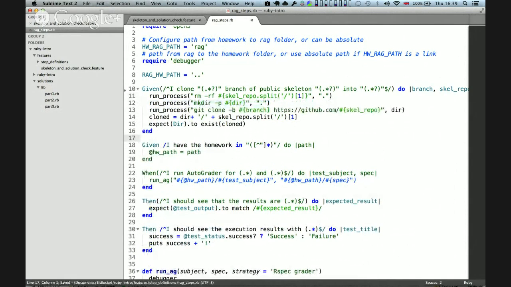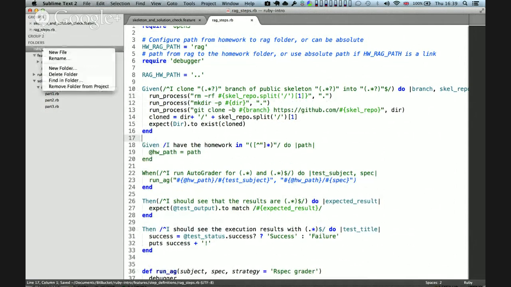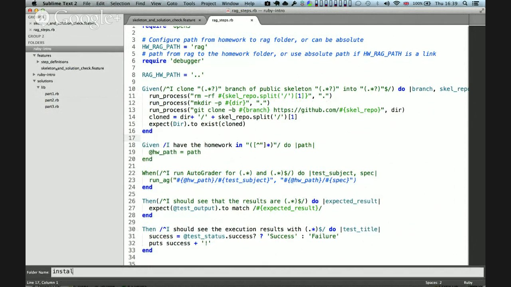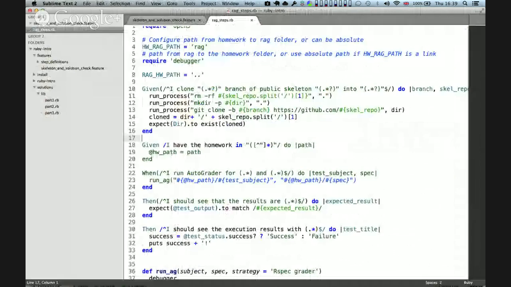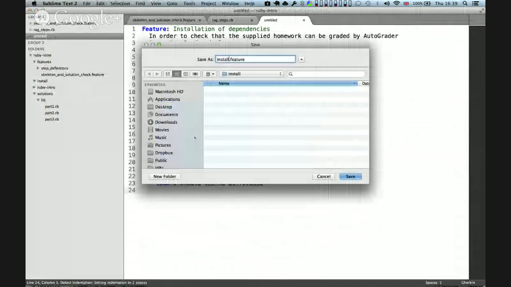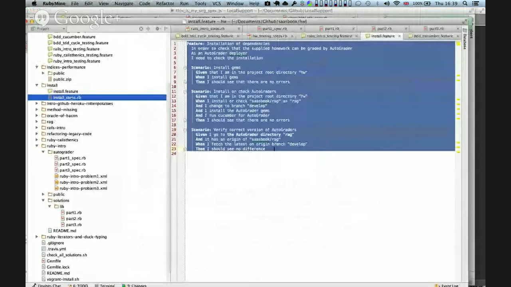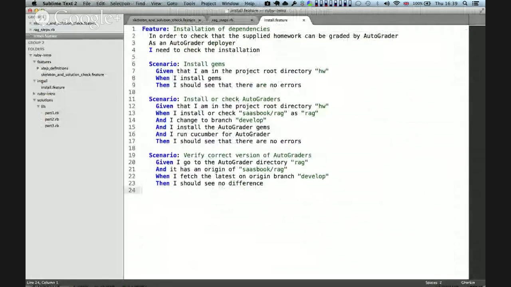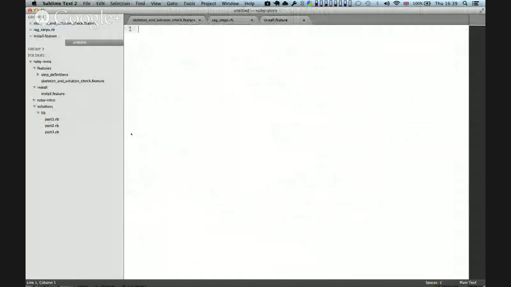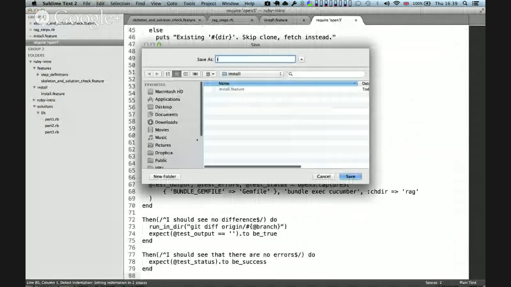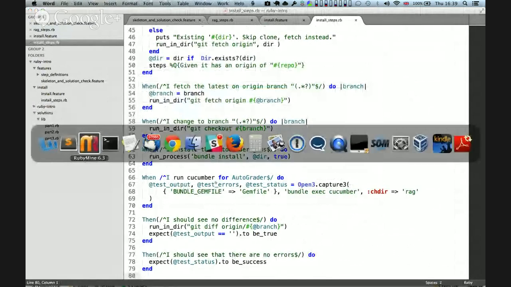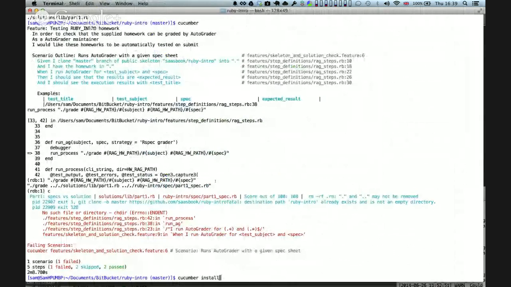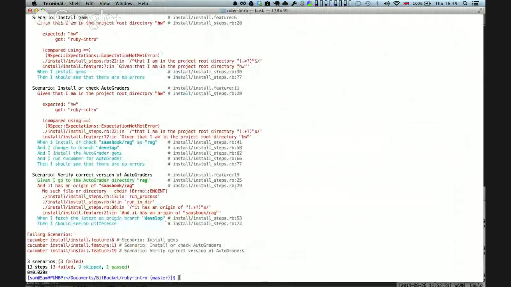But right, so clearly the thing that we need is we need install, and we would need the install feature, and we would need to have, so save that, and that would be install feature, and then we need the install steps, which are just resting on there. Okay, like that. And so then in principle, we could run cucumber install, which will,